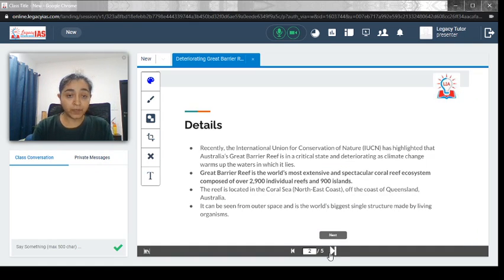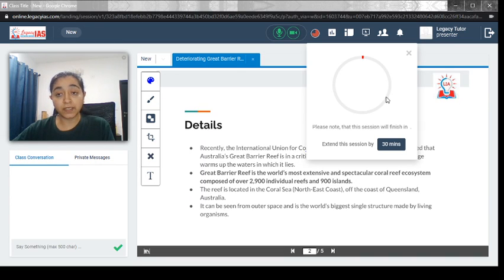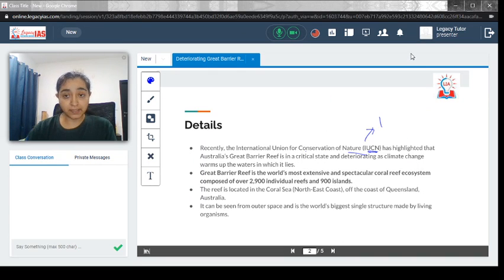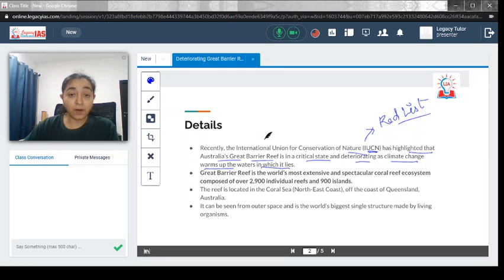Recently the International Union for Conservation of Nature, which is your IUCN, just remember this is the same organization which released the Red List, which is about the endangered species. The same organization has highlighted that Australia's Great Barrier Reef is in a critical state and deteriorating as climate change warms up the waters in which it lies. So climate change is causing the water to warm up, and eventually this is having an adverse effect on